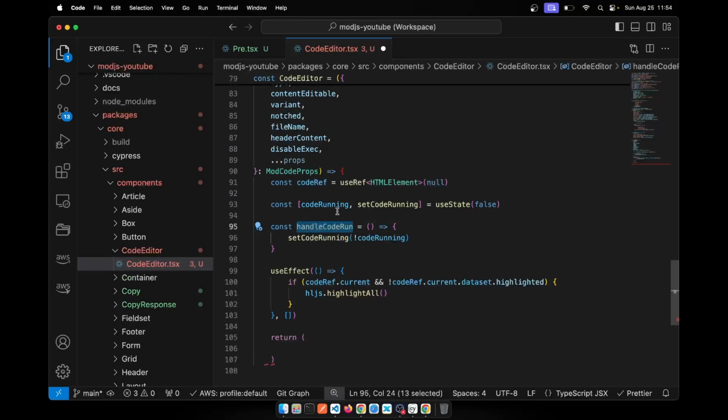And handle code run is basically to manage this set code running state, and we are using useEffect, and we are supplying an empty dependency array, which means that it should run only on the first render. If codeRef.current and dataset.highlighted, we are using highlight.js to highlight all the code there. Okay, so return, what we're going to do is